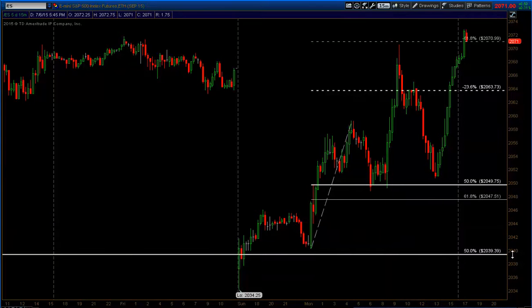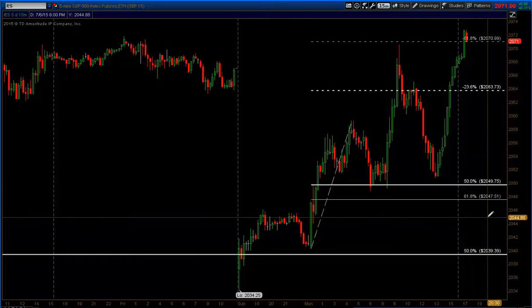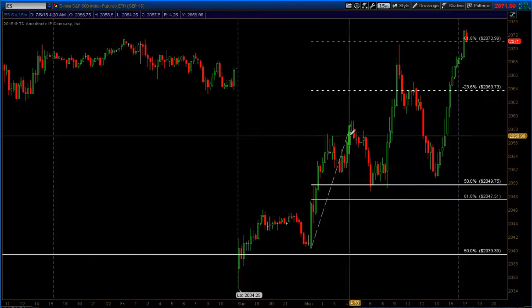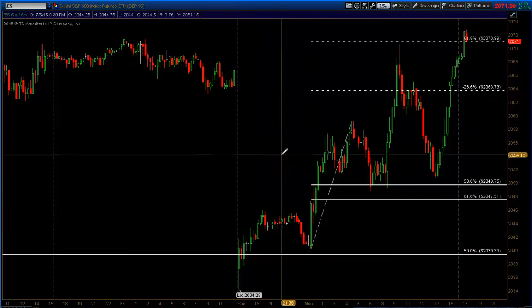Now if you're just trading the first hour and a half, 2 hours of the day, you can completely block out all the other information if you're using a very small time frame. But if you're going to be trading the 15-minute chart or looking at the 15-minute levels for failures, then it's good to at least have an idea of what's going on overnight. Are we trending or are we moving sideways?